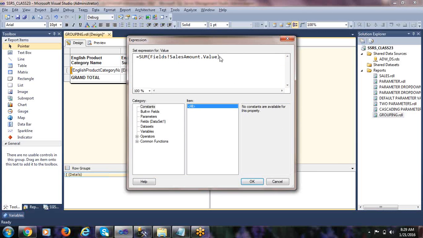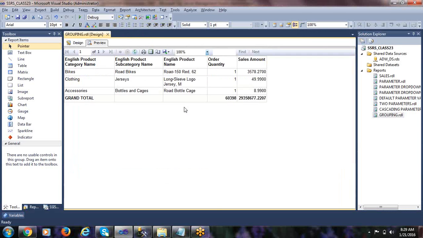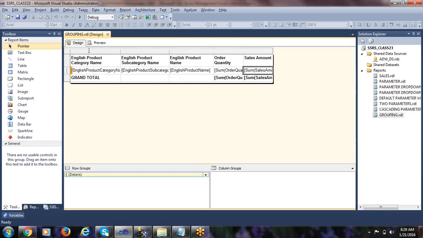So that is the reason I am applying an aggregate function for both sales amount and order quantity. Now check the data. This is perfect. For bikes, overall order quantity is 50,205, 9,000 for clothing, 36,000 for accessories. So the total would be 60,398. This is the correct one.